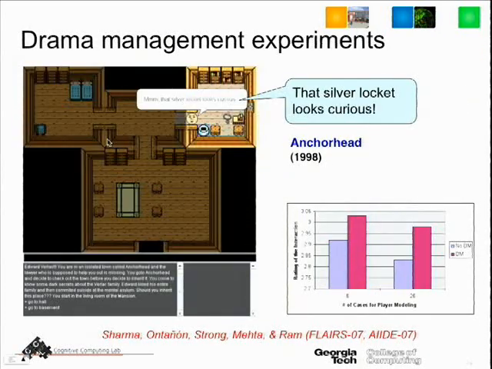Here's an example from Anchorhead. This is a very popular interactive drama. It is a text-based game, a classic adventure game, a Zork-type game. You type to it in broken English, and the system then tells you what's going on in the world. We've put a 2D interface on this. In this example, as you enter this room, the system has figured out that you're a novice player and is giving you a hint, drawing your attention to an artifact that you might otherwise overlook. If you're an expert player, the system might decide to lock the door and have you hunt for a key, because finding the locket too early in the game makes it too easy. The system figures that out itself.